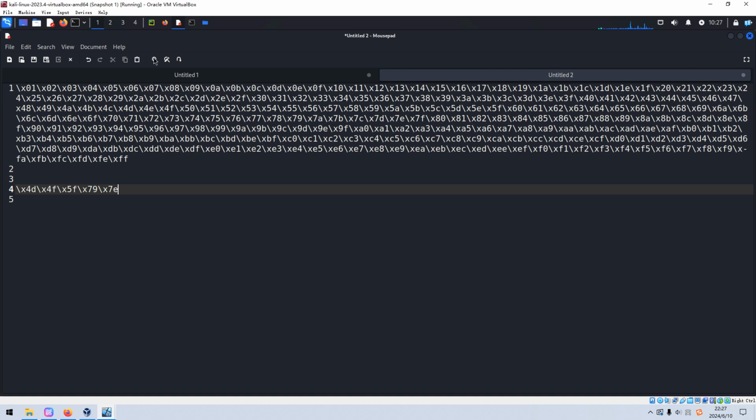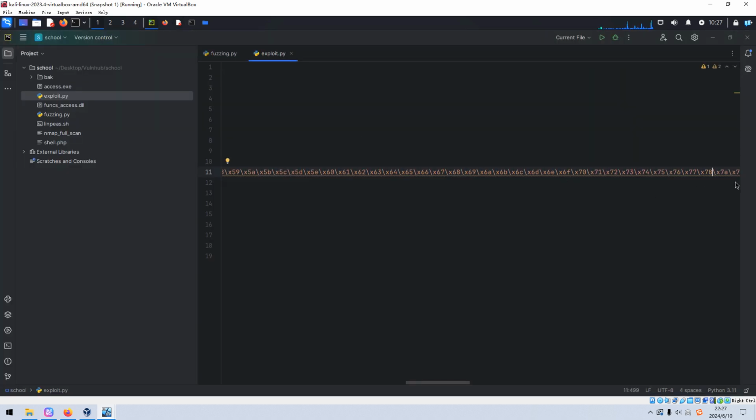So we need to remove it from the payload.